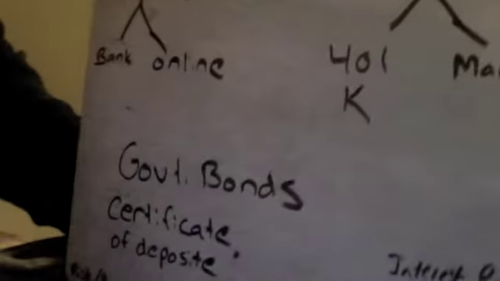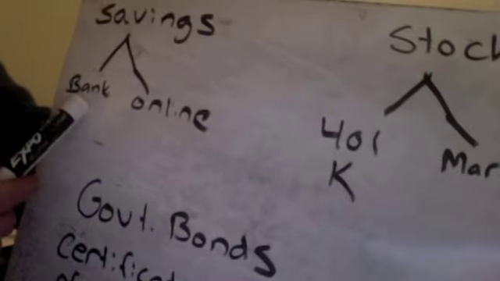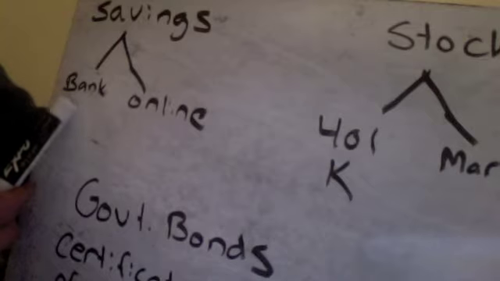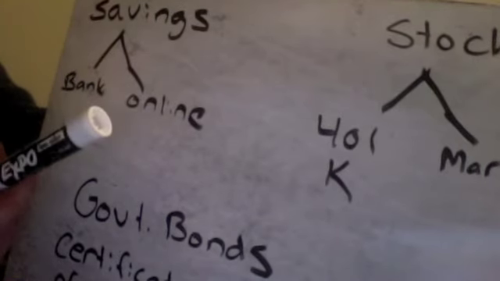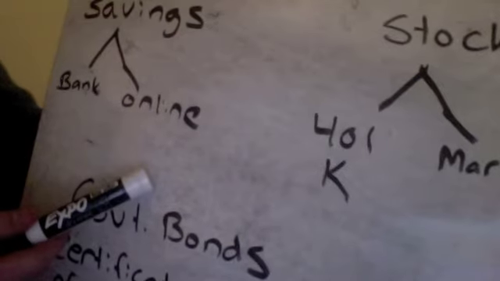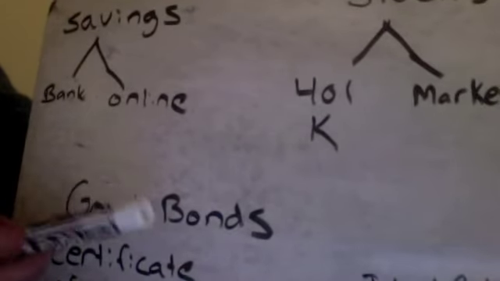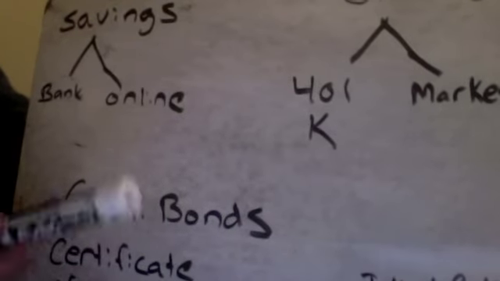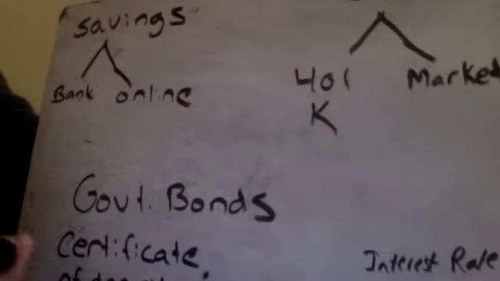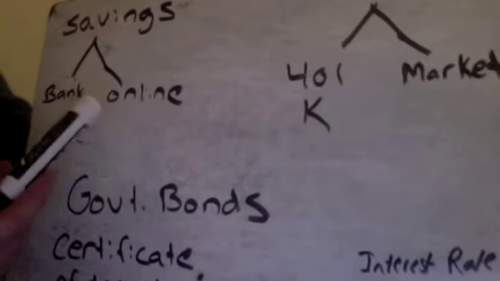All right, let's start off by talking about the savings accounts. And I just split them into two categories. You have the one that you could just go up to the bank, and then a lot of times, and I have one of these actually, is an online savings account through an online bank. And for the most part, they're pretty much the same thing, but there are a couple of differences to keep in mind. Risk reward on these is very low.